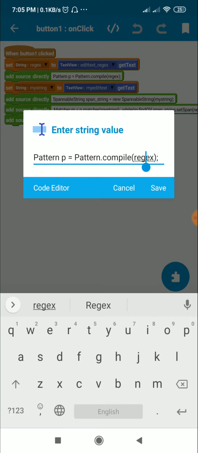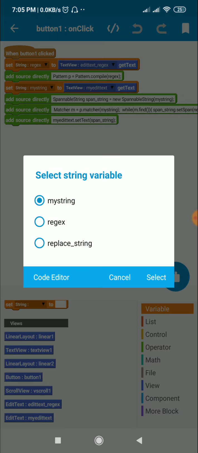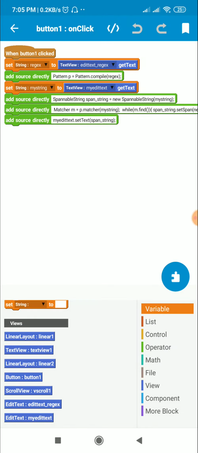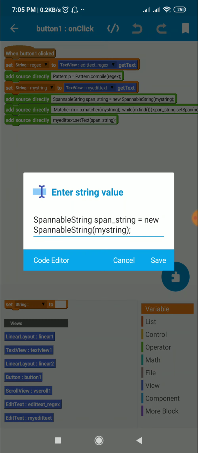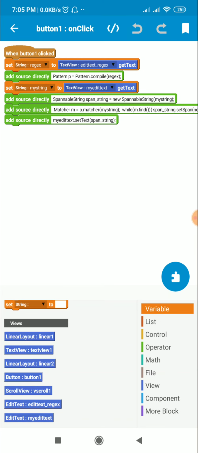Here this regex is the string variable regex. After this I set a string variable my string to my edit text get text. Then I define a spannable string, span string. This is equal to new spannable string my string. So basically it converts my string into a spannable string called span underscore string.